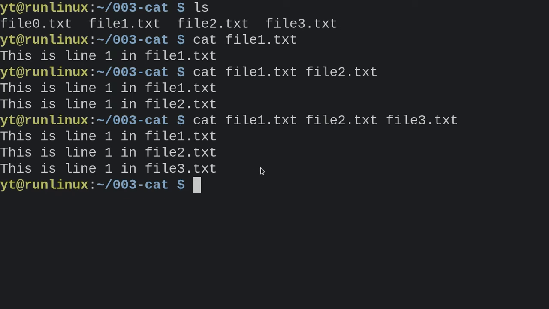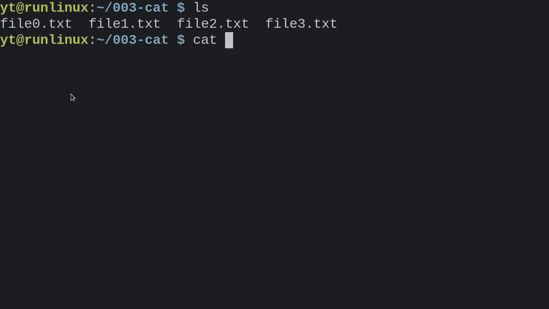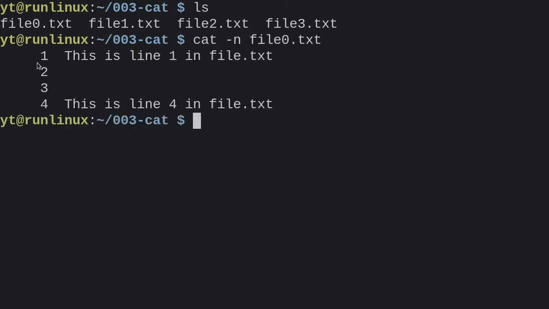Okay, so a few simple options we can give cat as well, a few arguments we can pass it. If we give it the -n argument for number, cat will join these 3 things together, and it will stick line numbers at the start as well for you. Now if we were to cat file 0 with this argument, there you go, we can see the blank lines there as well have line